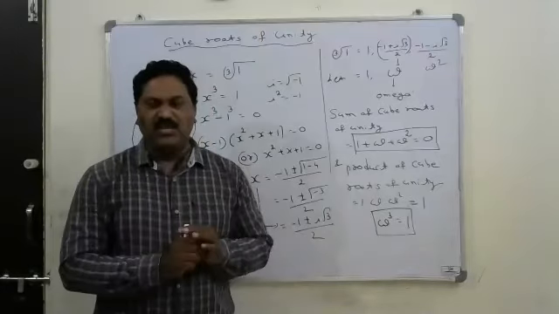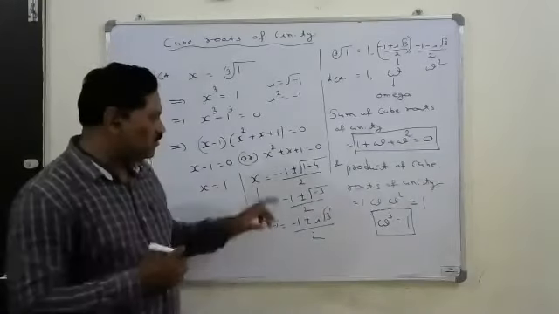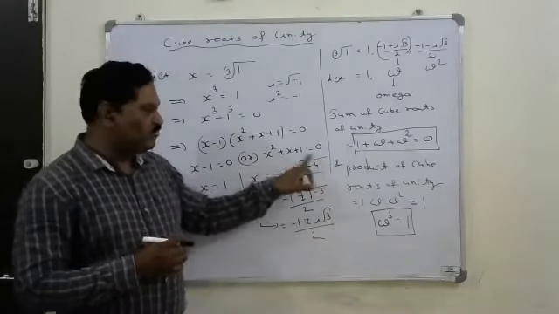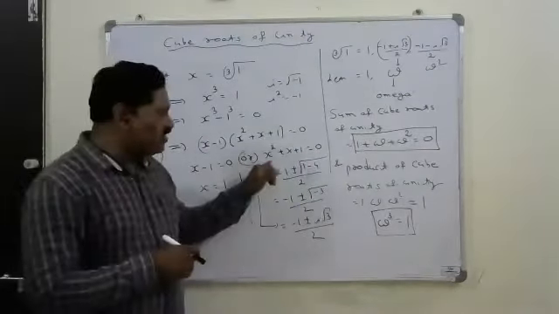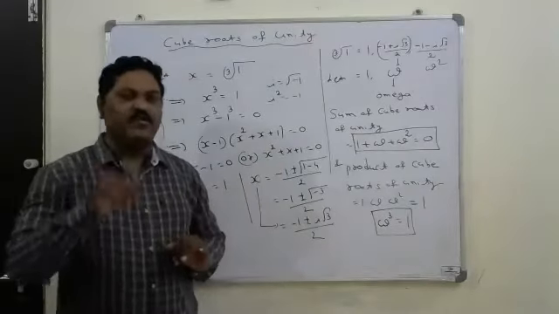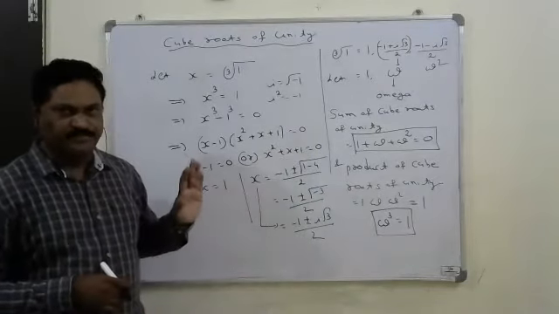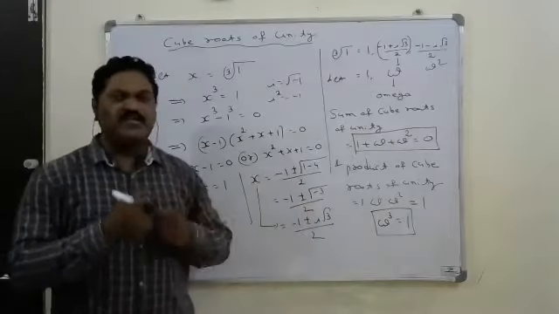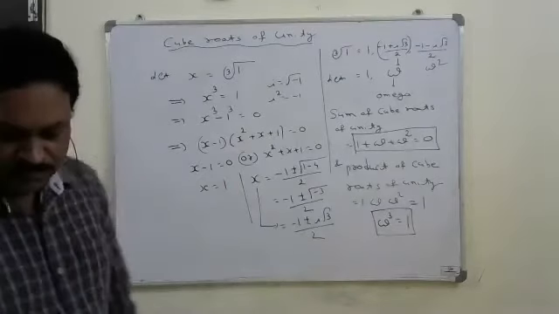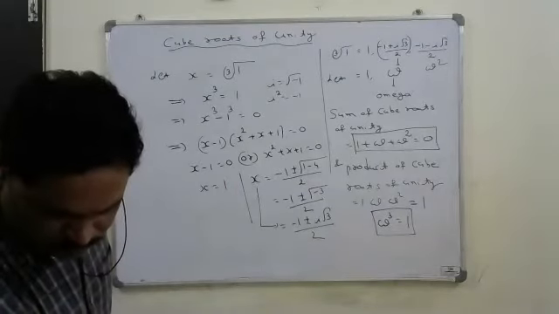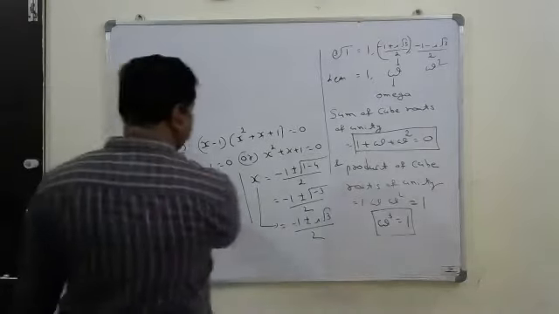What is the quadratic equation whose roots are omega and omega square? x square plus x plus 1 is equal to 0. Because for this equation only we got the roots omega and omega square. Whenever such an equation is given, we can directly write the roots as omega and omega square, because 1 plus omega plus omega square is equal to 0, it is satisfying. That's why this is the relation between the cube roots of unity that we have to remember. We will see some other points on this.